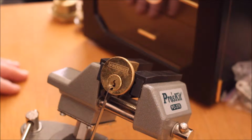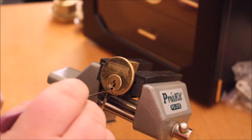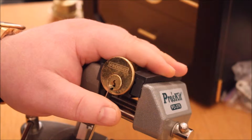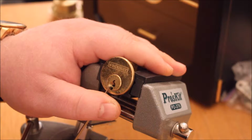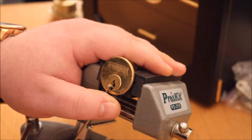Well, let's try. This is a bit difficult for me because I'm trying to teach myself to pick using the bottom of the lock as a leverage point. I'm still not happy doing that, so this time I'm using bottom of the keyway tension, and also using my thumb as a leverage point. So I apologize if my fingers are in the way. I'm trying to get better at it, but anyway,